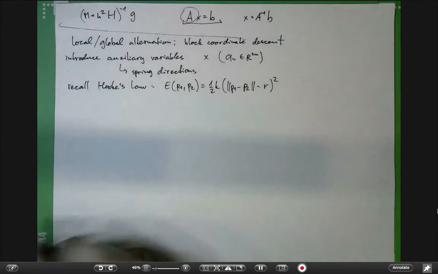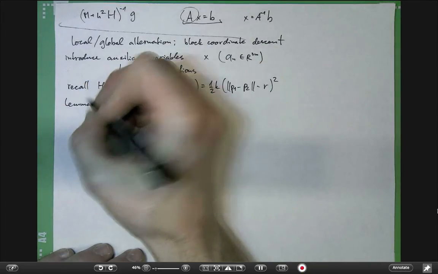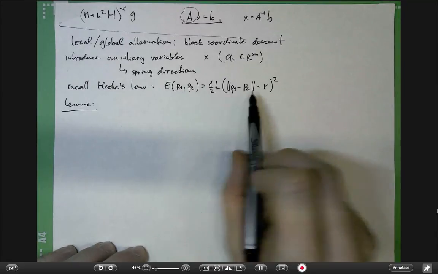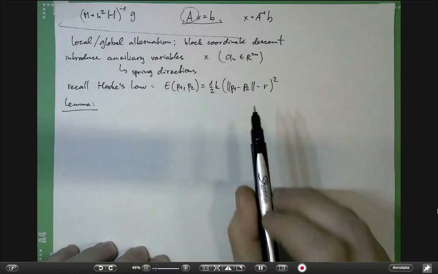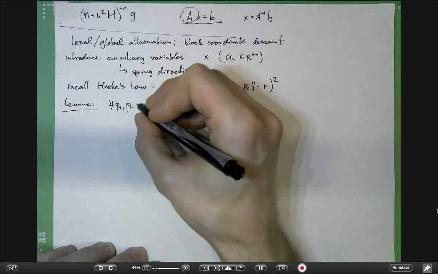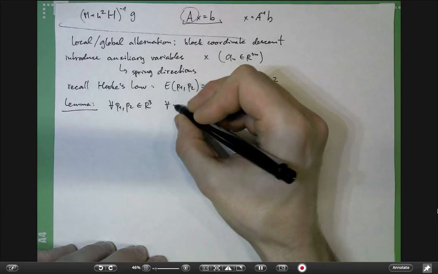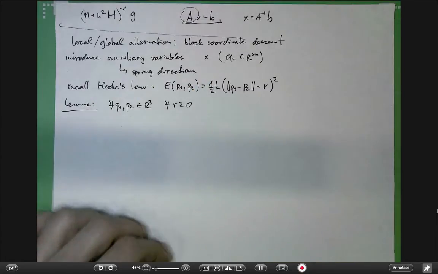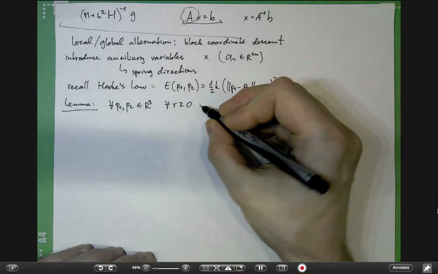And here is a little lemma which tells us how we can rewrite this as a special type of optimization problem. Here is how we introduce the auxiliary variables. So the lemma says that for every p1 and p2, which are just R3 vectors, so just x, y, z coordinates, and for every non-negative R, that's the rest pose spring length, that's the length of the spring in the rest pose, it is true that